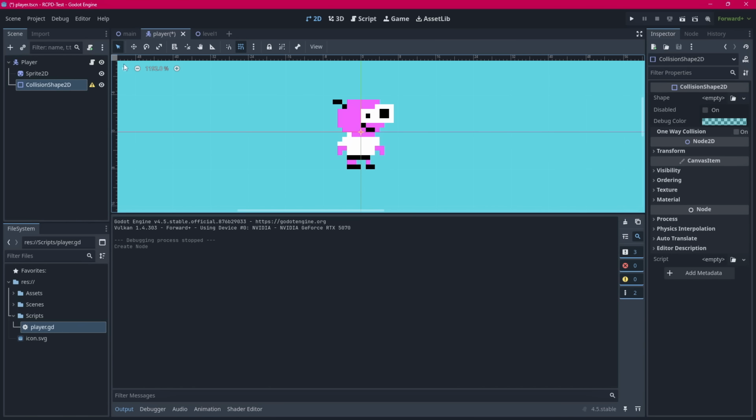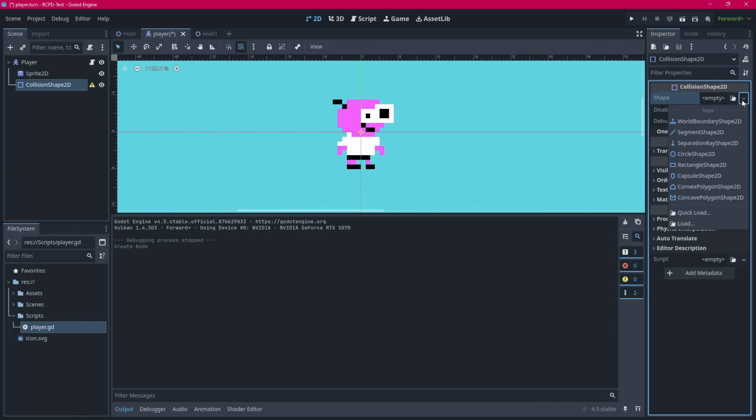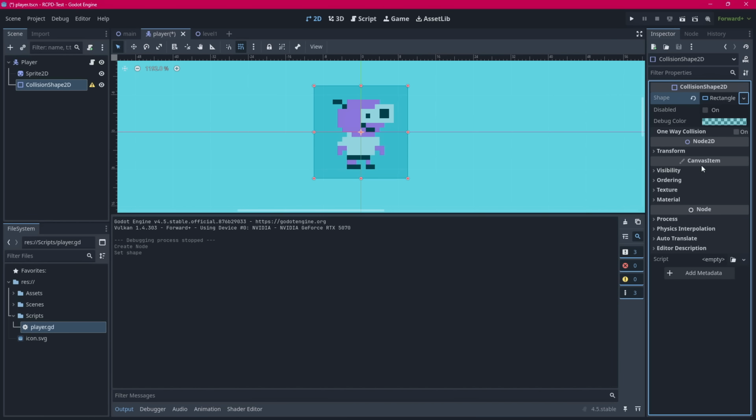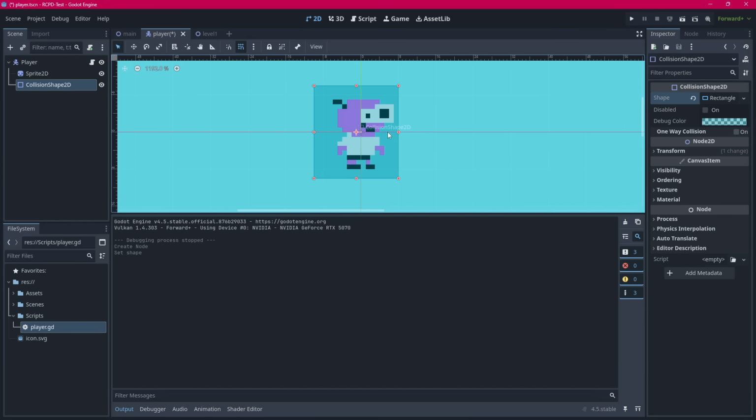Collision Shape 2D is essentially a hitbox, a two-dimensional hitbox. It doesn't have a Z value, it has an X and Y value. Now in the inspector, to the right, you choose a Rectangle Shape 2D. That's going to be the shape we use, and pretty much the basic shape for anything NES generation in terms